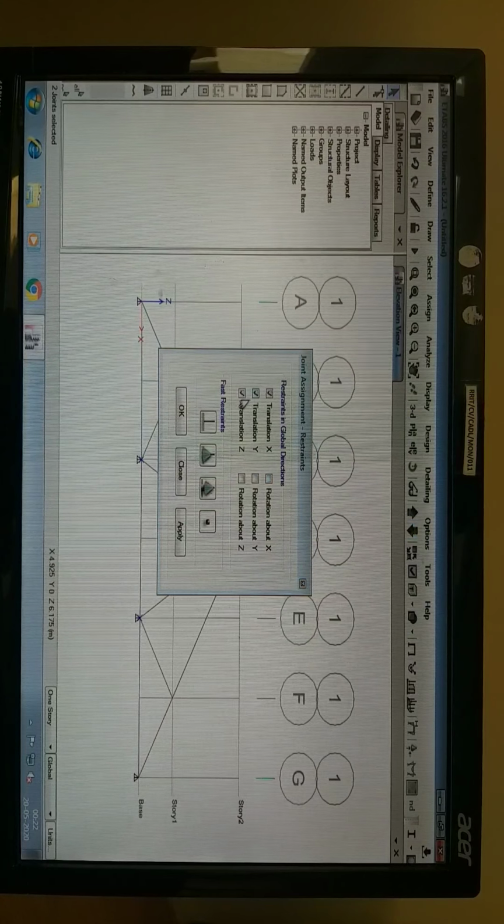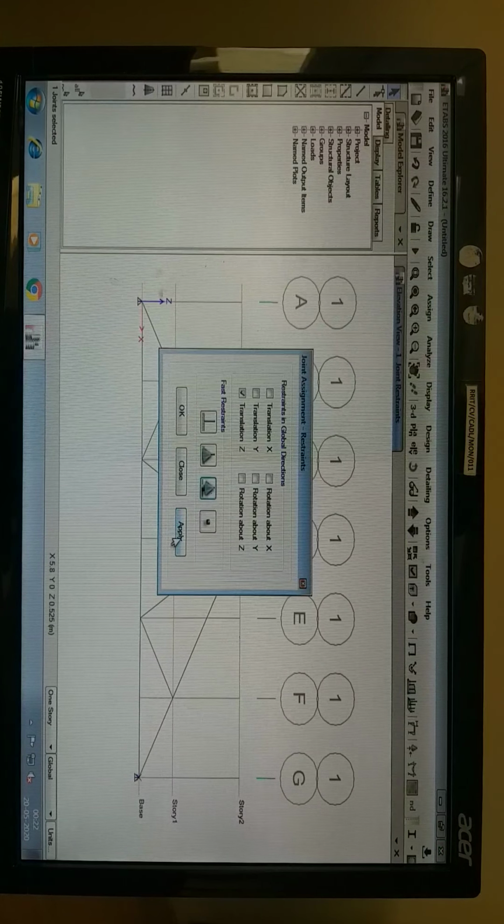In the restraints, what we have selected at these two points, we don't have any supports, click on none, apply, and then at joint A we have a hinged support, so click on hinges, apply, and then at joint D we have a roller, click on roller, apply.